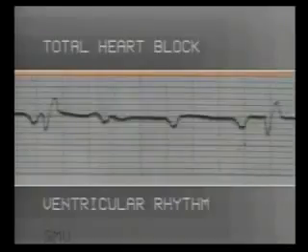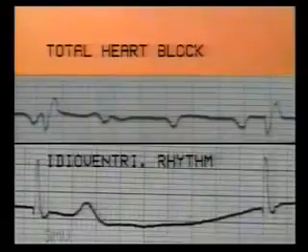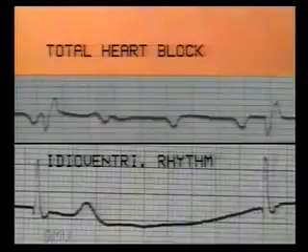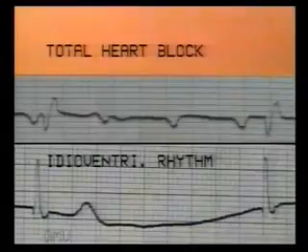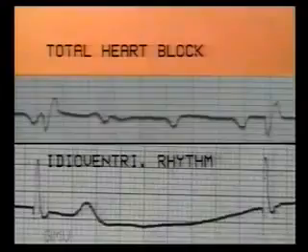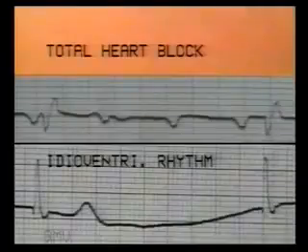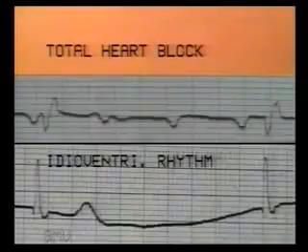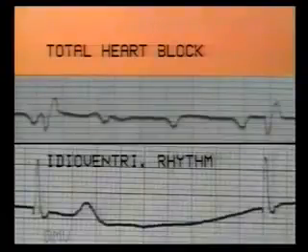Note in close-up view the wide QRS complexes and regularly occurring P waves. Compare it with idioventricular rhythm below, where the QRS rate and appearance is similar, but there are no P waves. In total heart block, the SA node is functioning, so P waves are present, but the impulse is not reaching the ventricles across the AV node, so ventricular rhythm has started. While in idioventricular rhythm, the SA node itself is not functioning, that is, there is sinus arrest, so there are no P waves and ventricular rhythm has started as an escape rhythm.